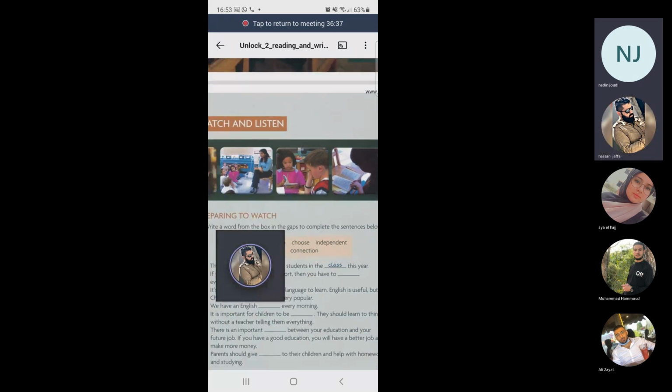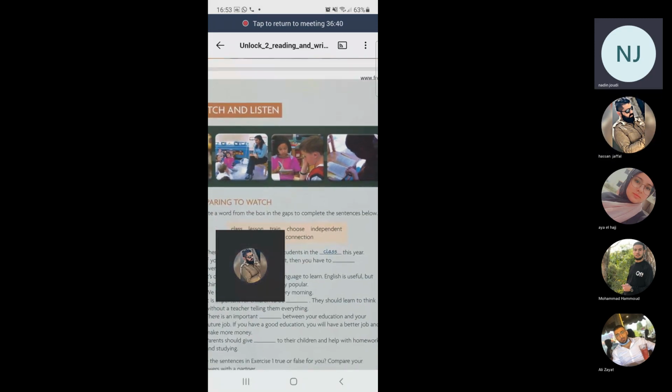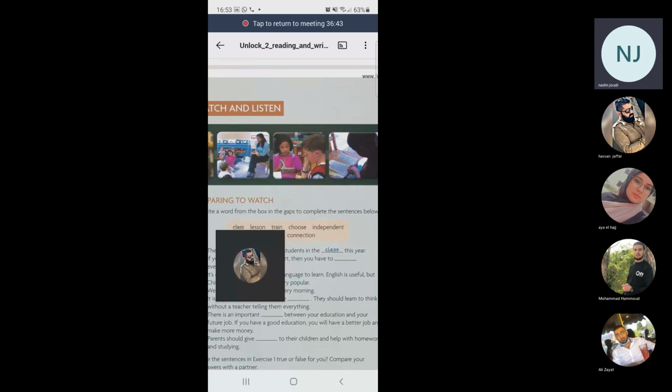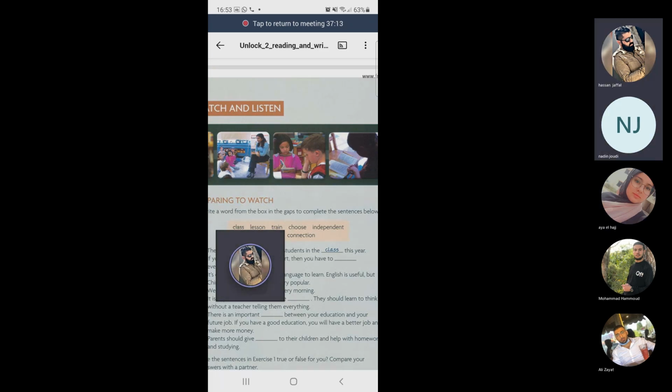If I ask you again to take a look at these three pictures, what can you tell about learning? Is there a specific age for learning? Yes, there is a specific age for learning. The first picture on the left, the kids have a teacher. The second picture, they are doing like a research alone, or they are comparing ideas between each other. The third picture, the girl is bigger than